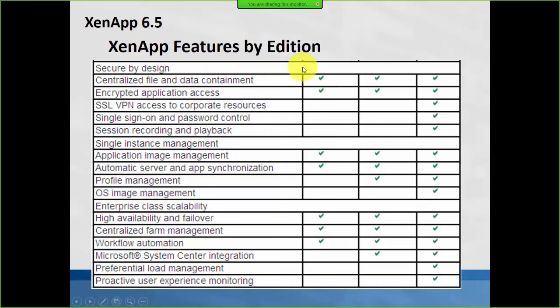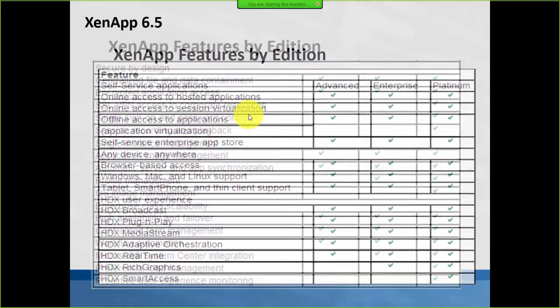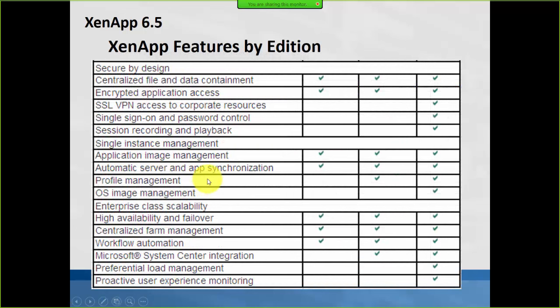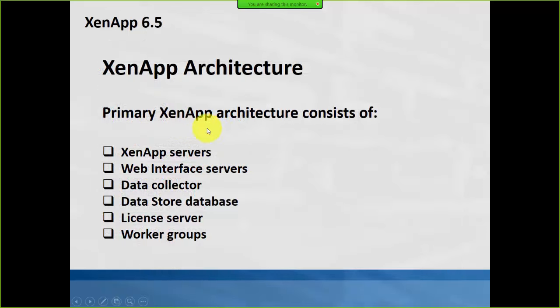Okay, so ZenApp features by edition. So these are a huge amount of features. If we go one by one, it's going to take forever. But we're going to be going slow, and we're going to make sure that basic concepts are clear. Then we're going to be touching many of those features throughout our course one by one as building blocks build up, and we get to know most of the concepts perfectly. So this is just an overview of all the features available for which edition, but you can see it later